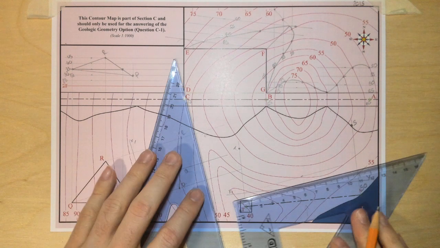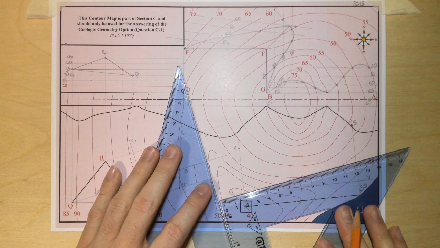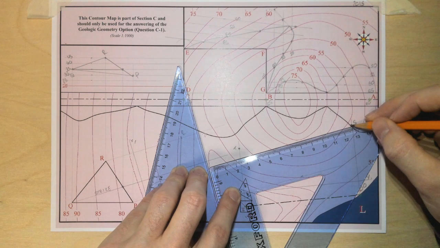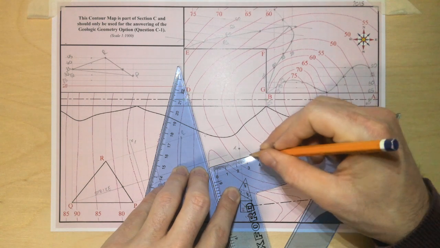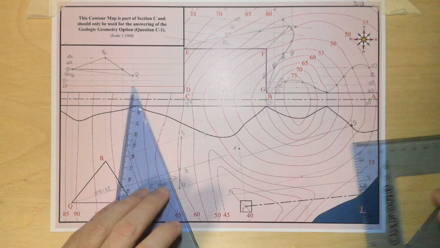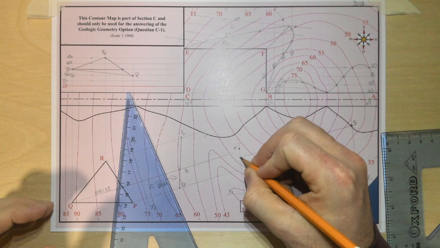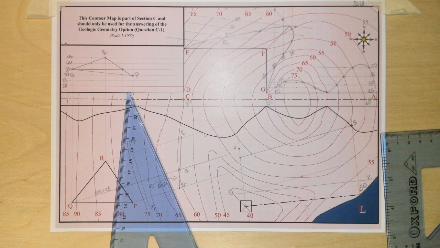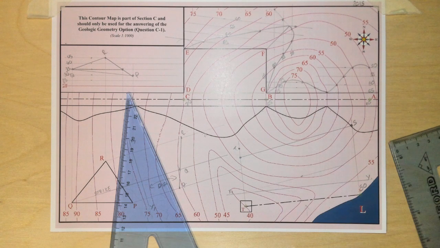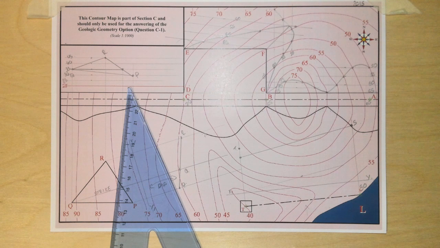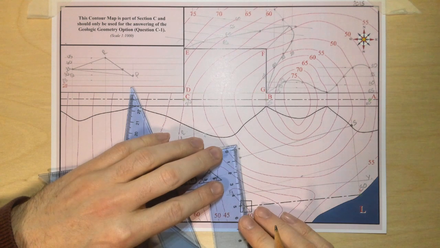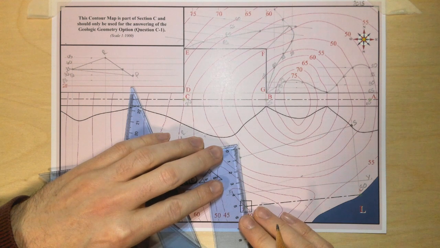If I use that then with my sliding set squares, mark that from S, because that's the height of the lake, down to there. That's where the pipe ends up below ground level at T there, if it's travelling at 10 degrees from S. Okay, so they ask us in the question, determine and indicate in meters the depth of the pipe vertically below the ground. So in this case, it works out at